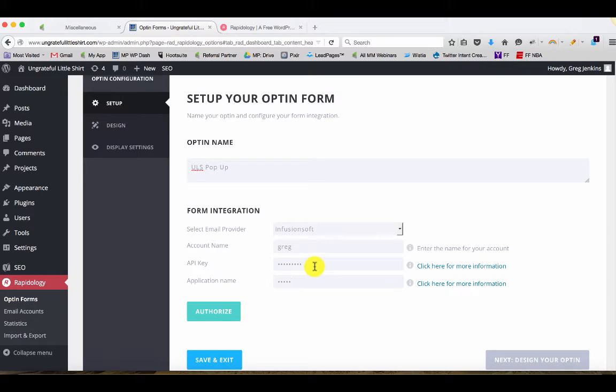And I do recommend keeping your API key private. So when I publish this video, I'm going to blur that part out, because having an active API key allows people to either extract or add information to your Infusionsoft account. So now I've got my account name, and I'm just going to change this to